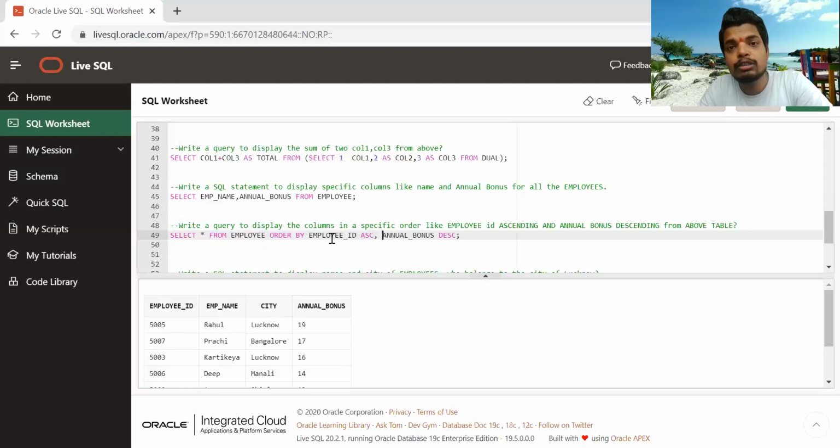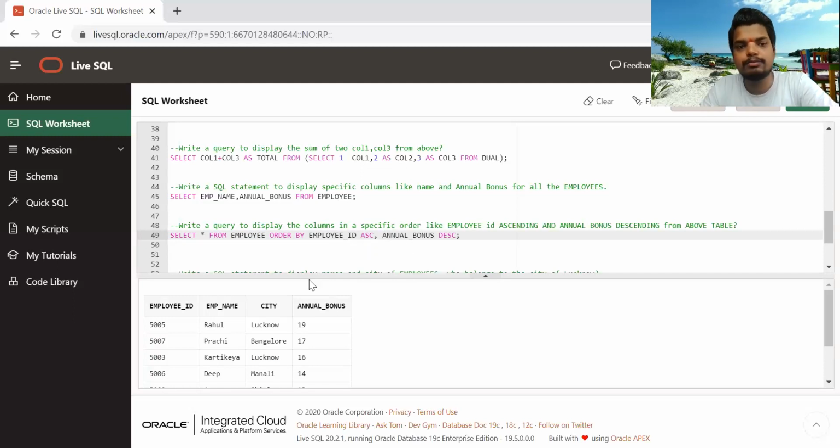Firstly, it will sort the result set in ascending order for employee ID, and then if two persons have the same initial alphabet in their name, it will sort by annual bonus in descending order.